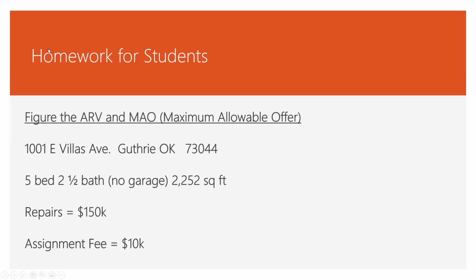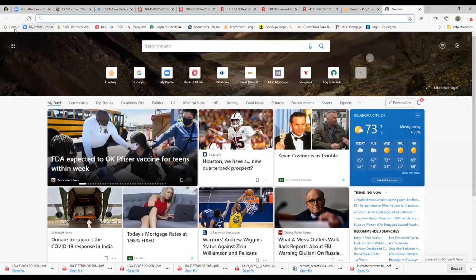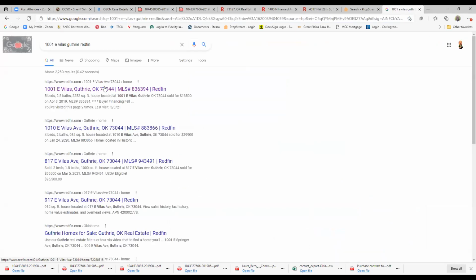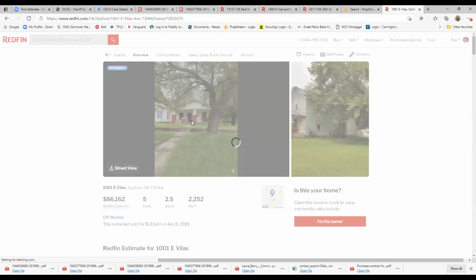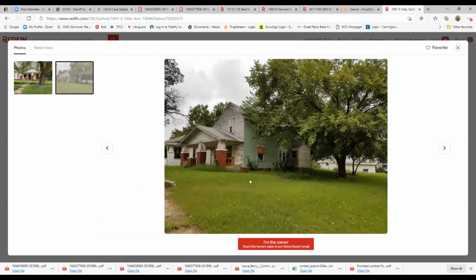So let's go look at this property real quick. Let's go fishing, baby. Hold on. Somebody got there? Need you to turn your volume off. So let's look at this property. 1001. So I just purchased this property for $22,000. That's what I bought this property for. As you see, it is rough. There's not even any walls in it. It's all 2x4s and studs in this bad boy. All right. So I bought it for